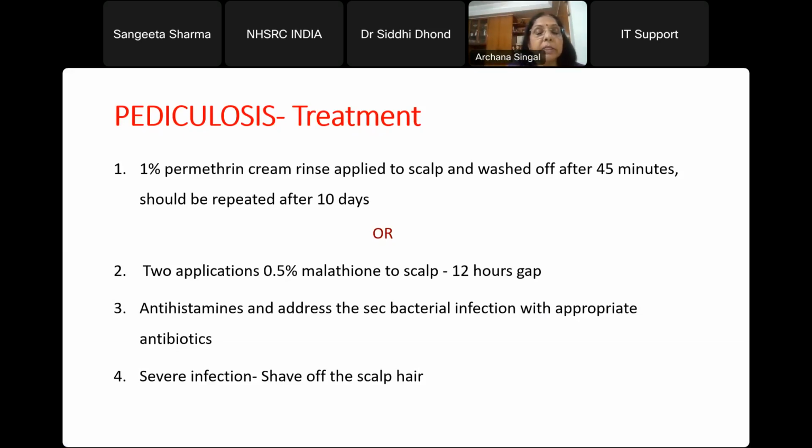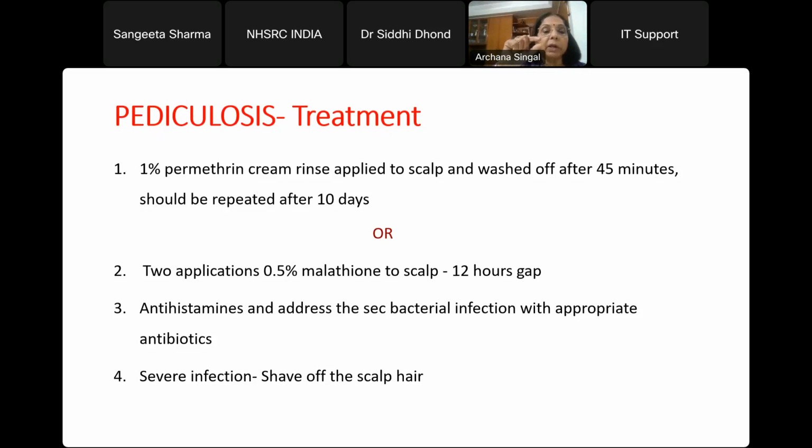So the treatment is 1% permethrin cream rinse. It is differently available than the one used for scabies, which is 5% cream. It is to be applied over the scalp like you do mehendi application. I ask the patient to wear either a shower cap or tie it with a chunni, and wash it off after 45 minutes and repeat after 10 days, because